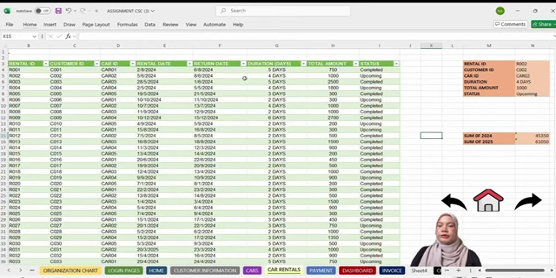The sheet includes several important columns, which are customer ID that shows who rented the car, car ID to show which car was used, rental dates and return dates which display the start and the end date of the rentals, duration in days to show how many days the car was rented, total amount which is the price the customer paid, and lastly status to show whether the rental is already complete or still upcoming. This organized table makes it easier to analyze rental history and income for each year.